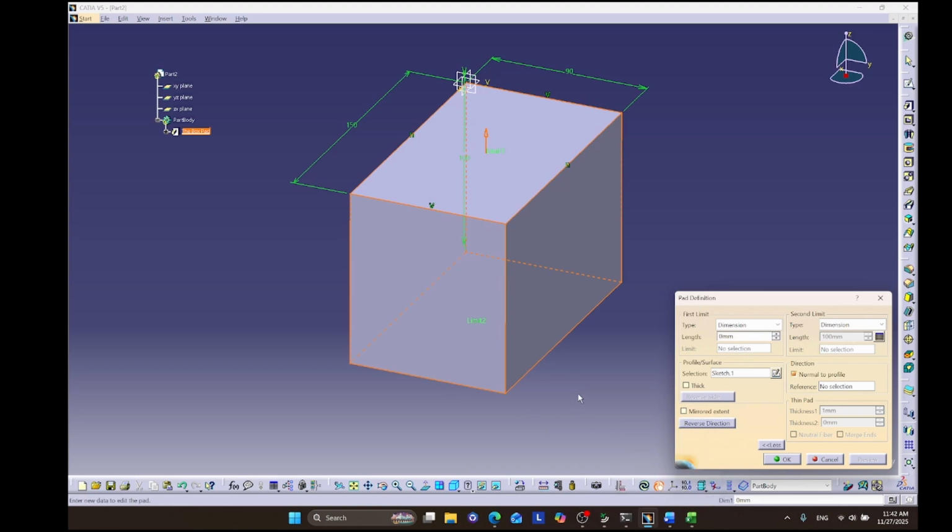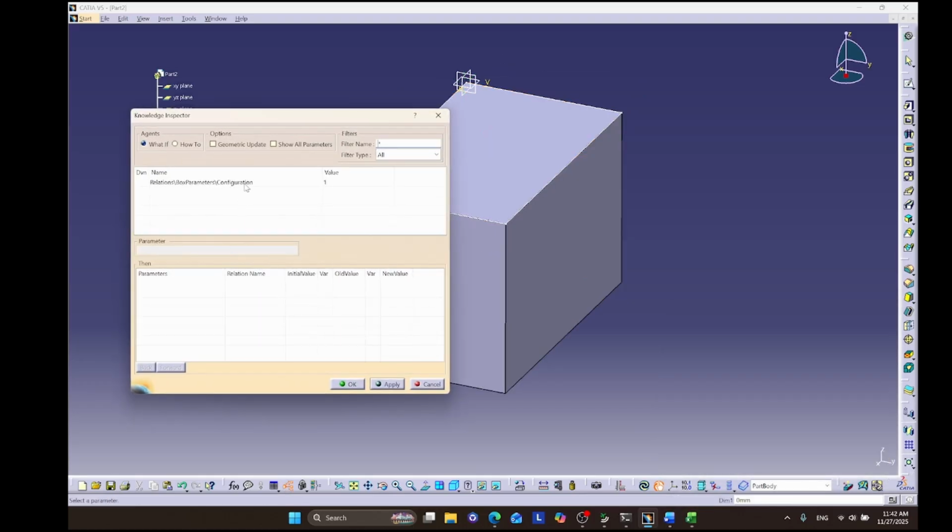If you want to make it correct, or it's the same, it's correct either way, but you can also limit it to first limit also. So if you choose the second limit in the parameters in the table, where is it? Here. Box parameters. If you link it to the first limit,